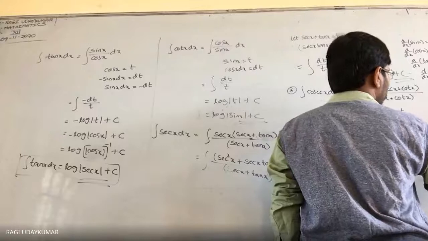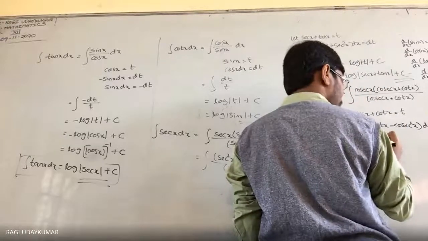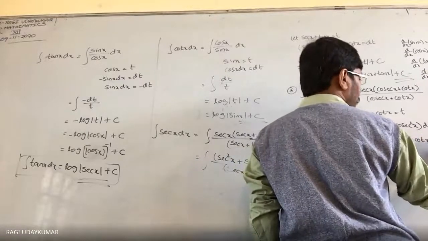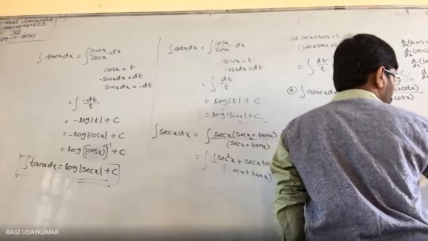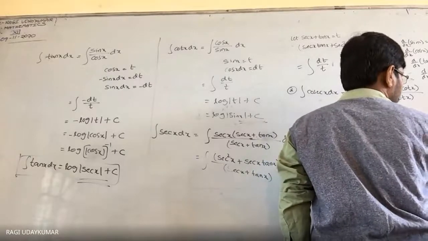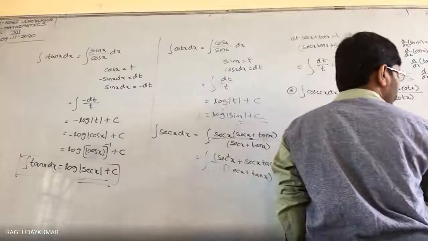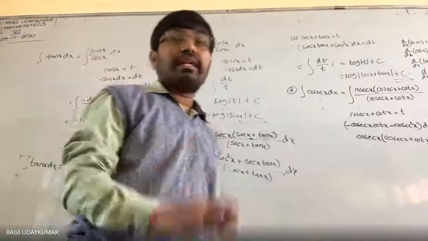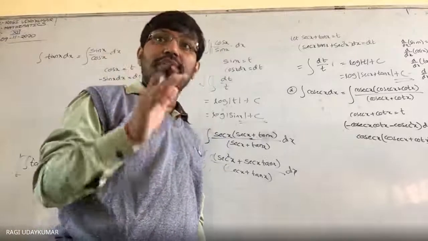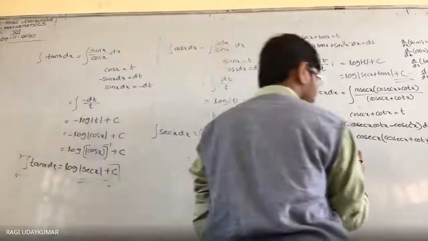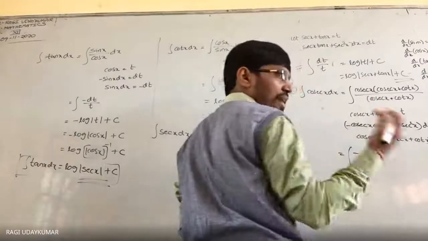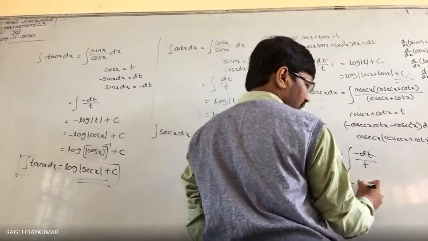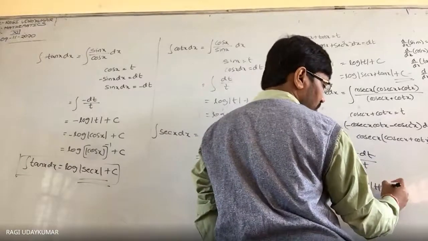dx is equal to dt. If you take the minus cosec x common here, then you are going to get cosec x plus cot x in the numerator, dx is equal to dt. Take this minus to the other side, it becomes minus dt. Now you are getting the numerator part, but remember that most of the students will commit the mistake here itself. They go wrong here. You have to remember the proof a little, otherwise you are going to get minus dt by t. So minus logarithm of modulus of t plus c will come.